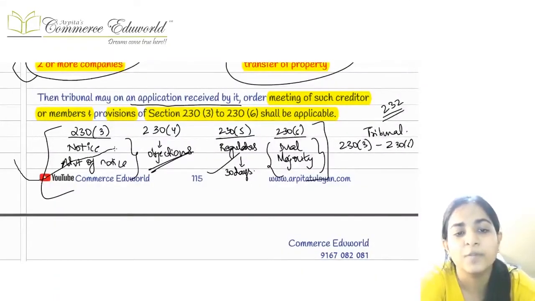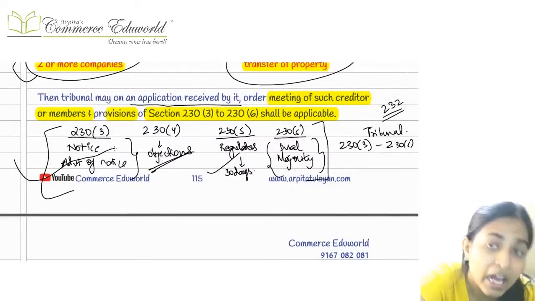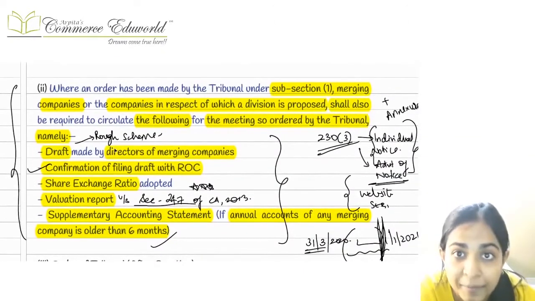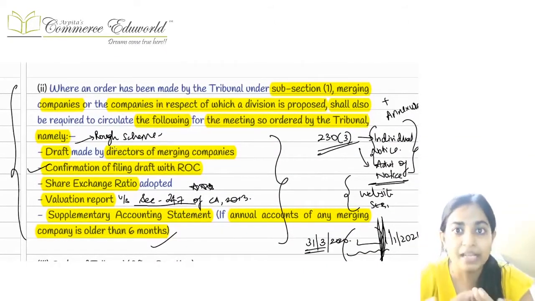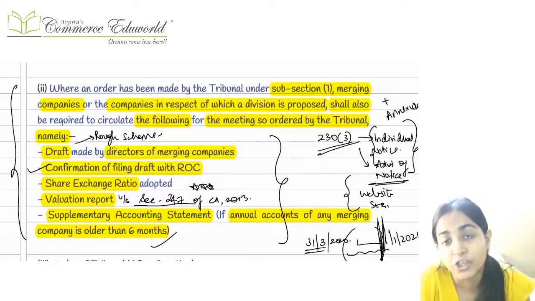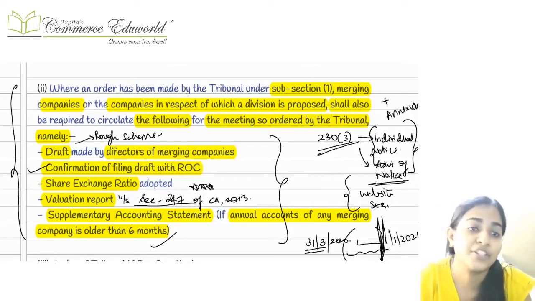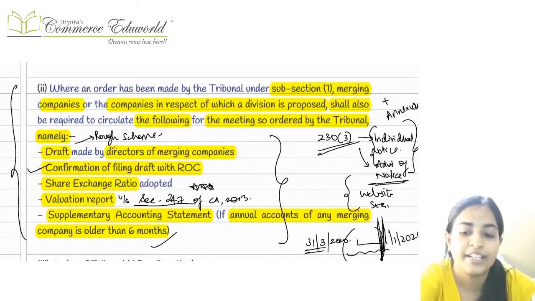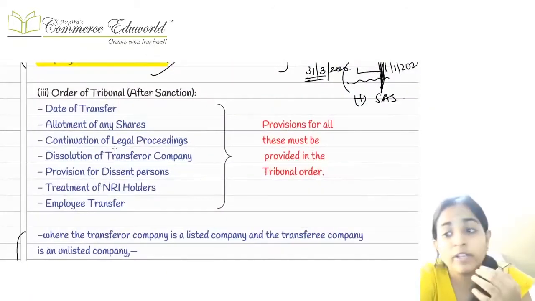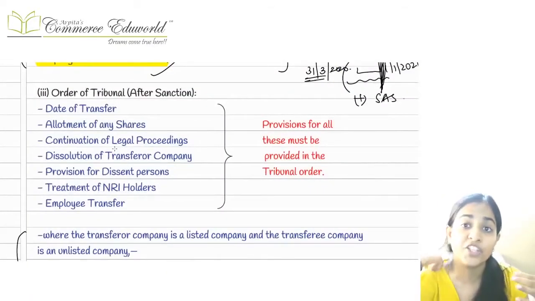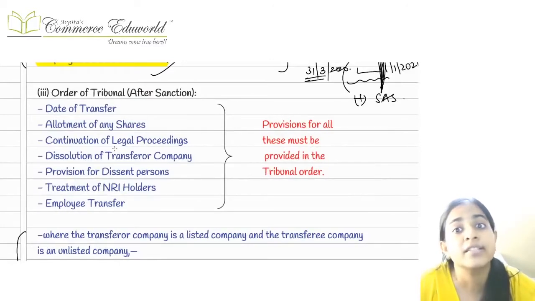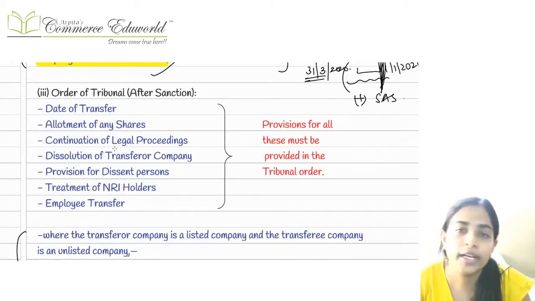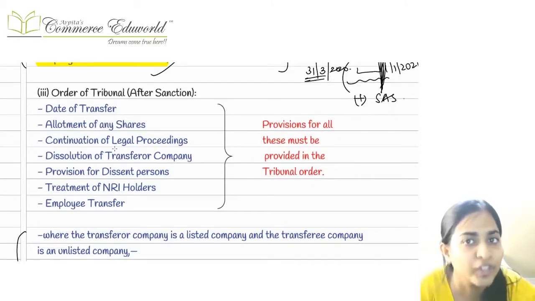Right, in this, one extra thing that gets incorporated here is that whenever you give this particular notice, advertisement of notice, etc., at that time you also have to intimate about the share exchange ratio that you would have adopted. The draft scheme of merger and amalgamation that you would have adopted, the exchange ratio, supplementary accounts have to be attached if your accounts are 6 months older. There are some extra documents that you have to attach along with the notice, because in case of merger and amalgamation, what will the shareholders see first? They will first see how much is the exchange ratio, how many new shares they are going to get instead of the old shares they are holding. So those respective things are to be attached along with the notice.